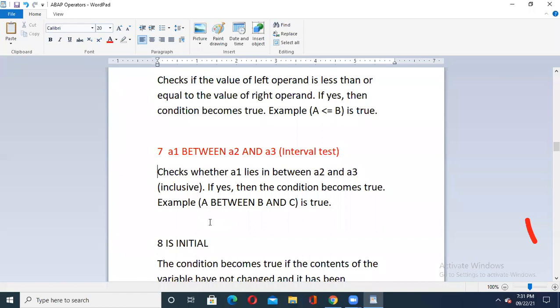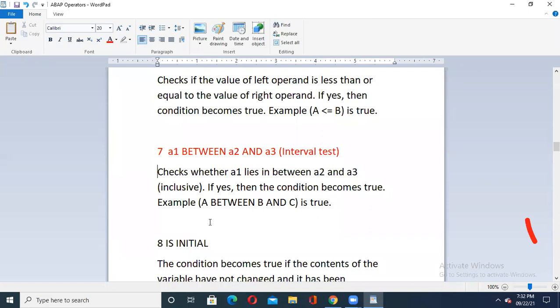Imagine a company wants to find out which employees in their organization have a particular monthly salary. Whether the salary is between 50,000 to 60,000, or whether that employee's salary is between maybe 80,000 to 1 lakh. So how can I check that individual employee's salary? Like this, I will put that salary as A1, and between A2 and A3. Suppose I am checking for the slot